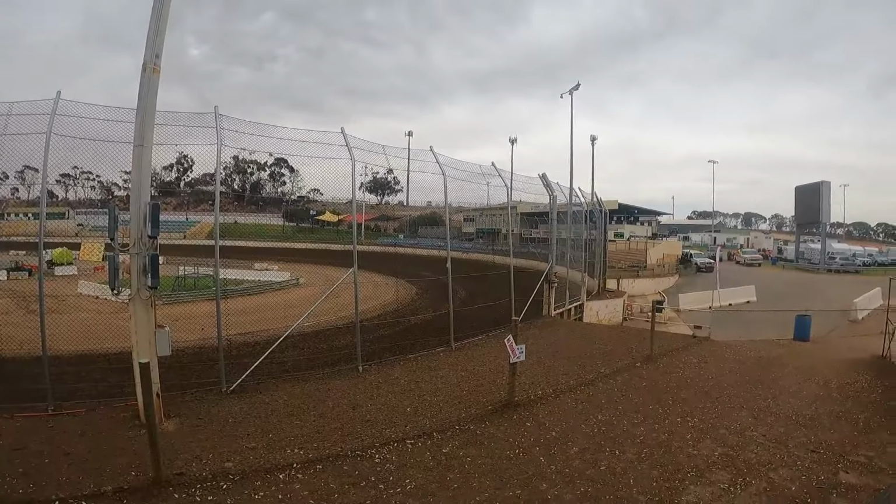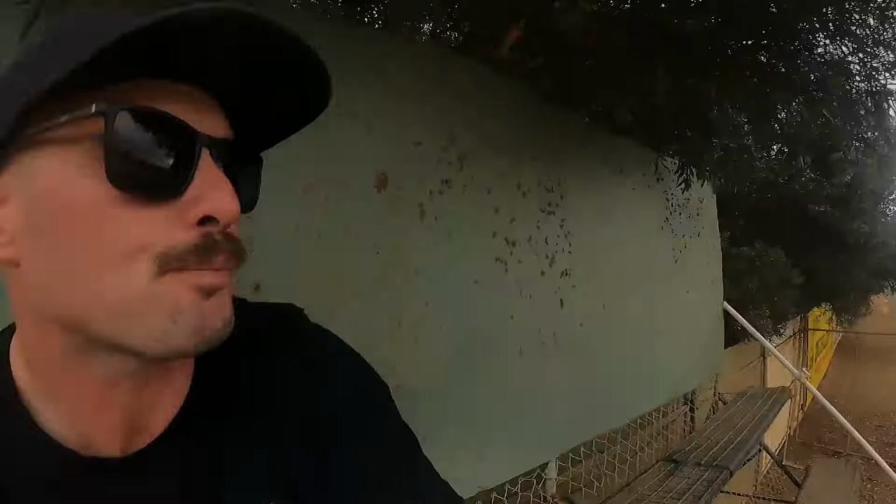So we've changed the setup tonight. Wanted to try something different for a little bit, but just haven't got around to it, and now we've got the Aussies in a couple of weeks at Mildura. This is the last chance that we'll get to try it, so we've gone ahead and done it. And yeah, I'm not too sure. It's probably more set up for a real slick track, so potentially thinking Mildura may go slick. Over 110 cars nominated, so yeah,